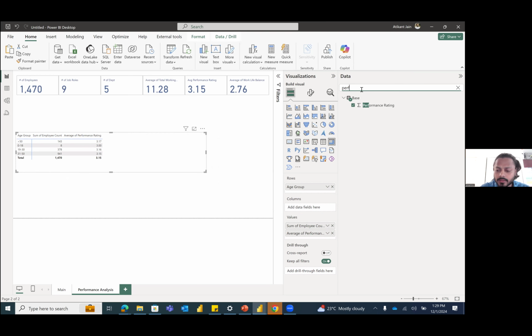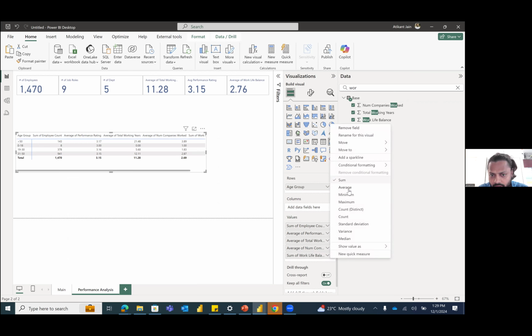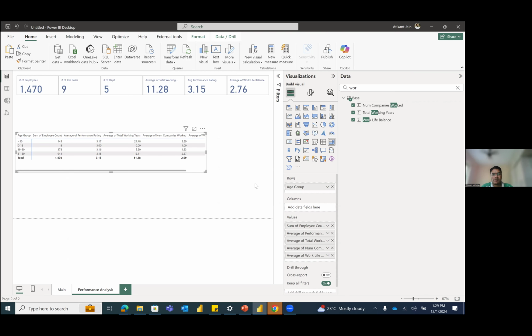Right. And then let's add total working hours. Again, average. Number of companies. Again, average. Work-life balance. Again, average. So here, in a nutshell, if you see